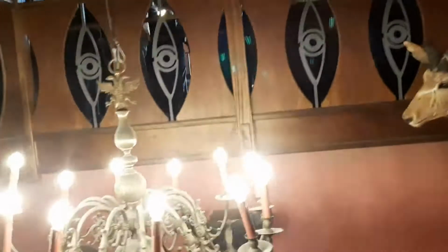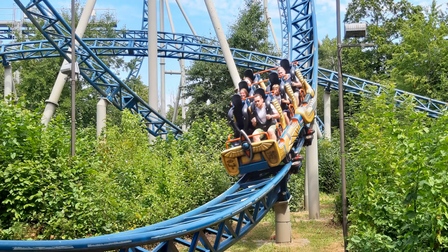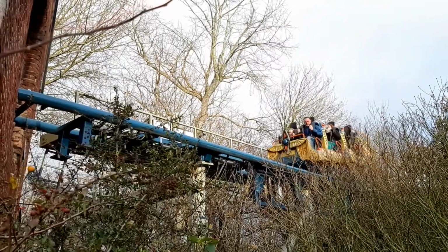And then some technical stuff. Let's start with the capacity. Anubis' trains fit 6 people in 3 rows. The seating is kind of staggered. This is one of only 3 Kurzlauers that use this type of train. Anubis has 3 trains, so I tried to do some maths and I got a theoretical capacity of 580 riders